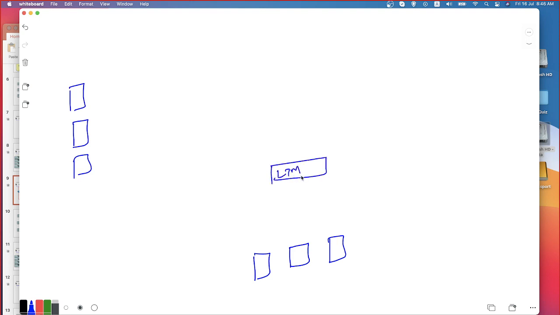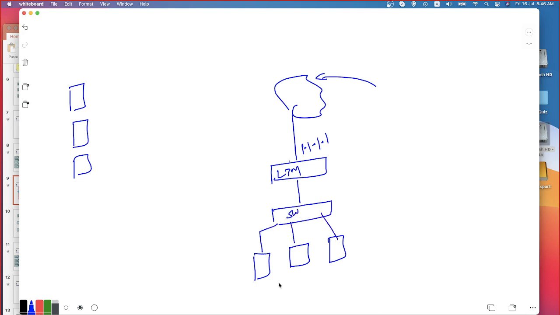The LTM is responsible for handling the external requests. The request which is coming from the external world, the LTM is going to handle it. Let's say the IP address I have chosen is 1.1.1.1. This is connected to a switch, which in turn is connected to my servers. So I have 10.1.1.2 as the self IP and .1 as my floating IP. All of my servers are 10.1.1.11, 10.1.1.12, 10.1.1.13. Now before we get into this discussion, we have seen that the request is coming from 3.3.3.3.